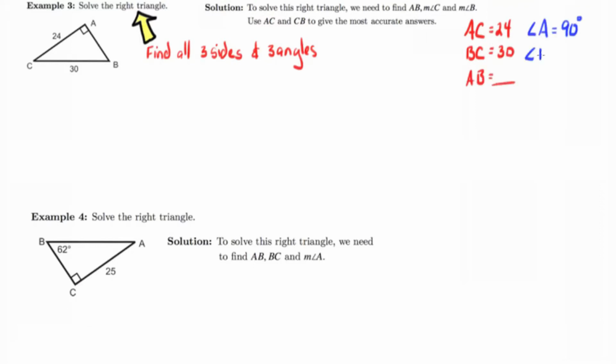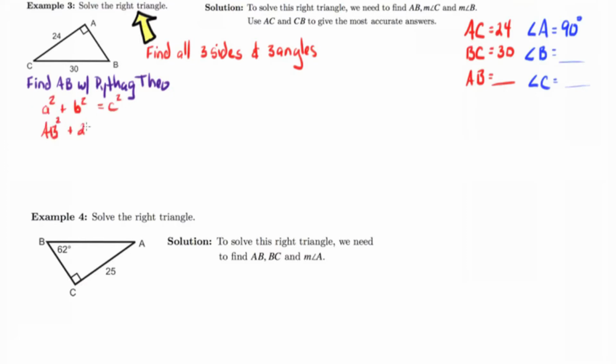Example 3, solve the right triangle. That means find all three sides and three angles. So I'm going to write what I know. I know 2 out of the 3 sides and 1 out of the 3 angles. I can find side AB by using the Pythagorean theorem, since I know 2 out of the 3 sides of a right triangle. So I make my substitutions and solve for side AB,